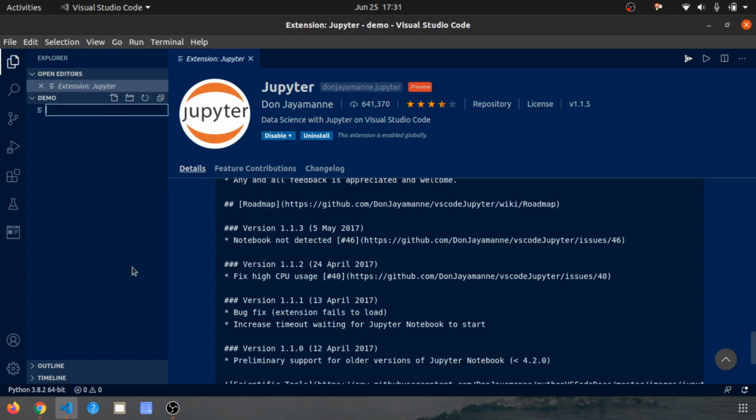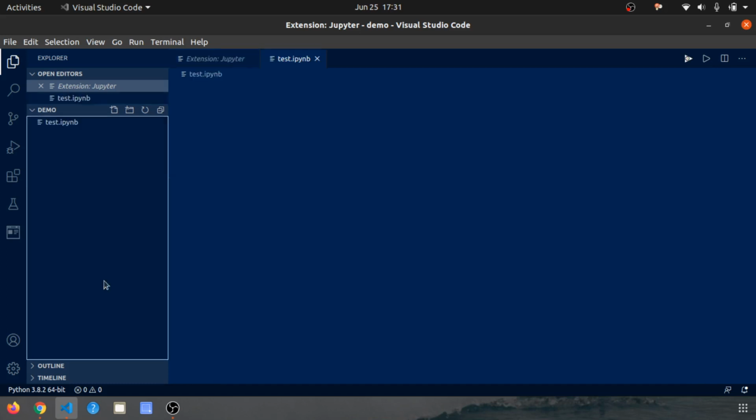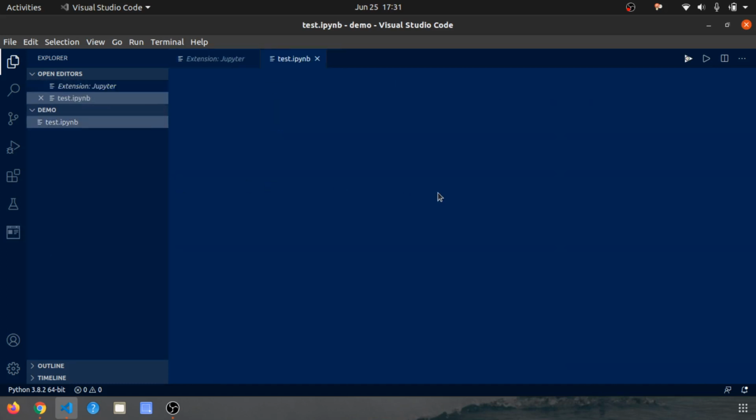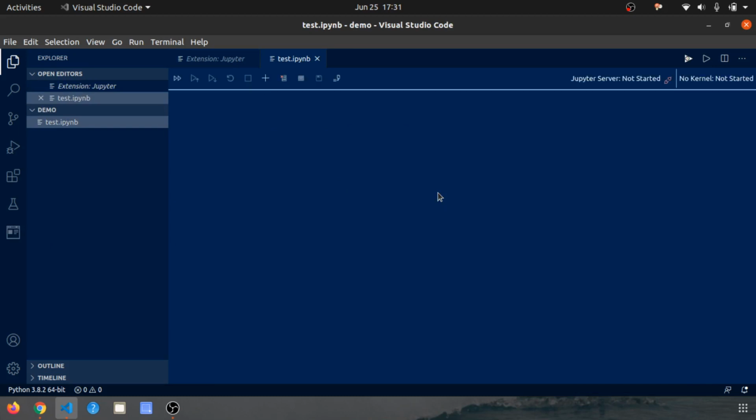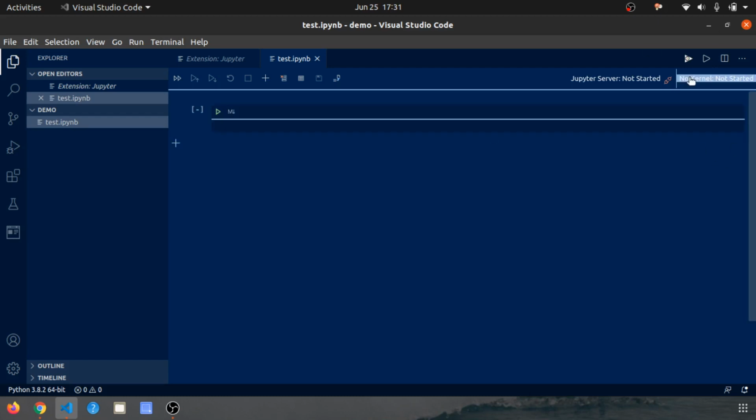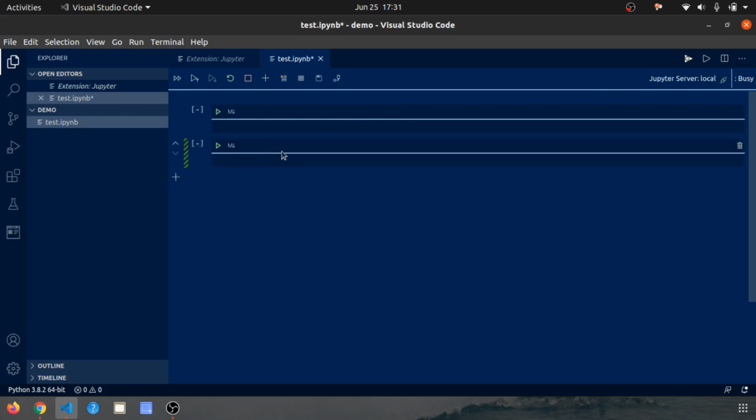So now first create a test file. For creating a Jupyter notebook, you just need to add .ipynb to the file name. That's basically the extension of a Jupyter notebook. So now it has started.